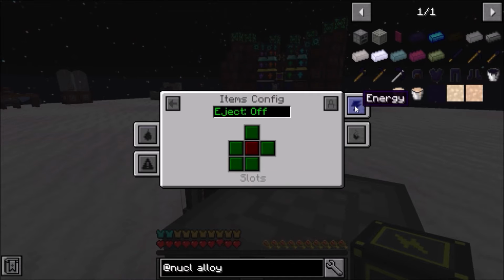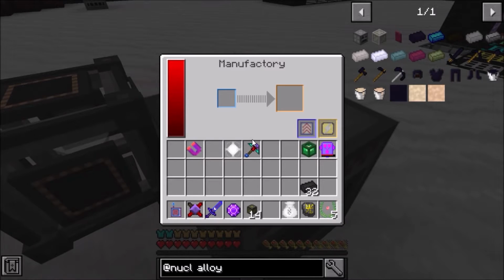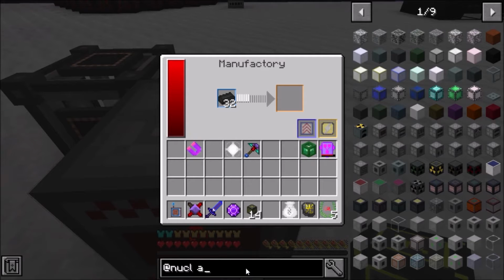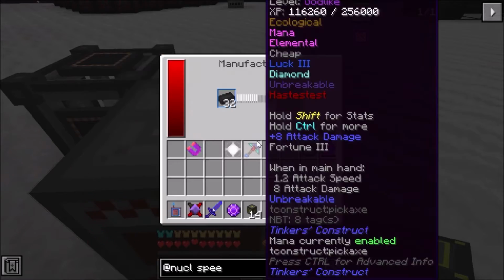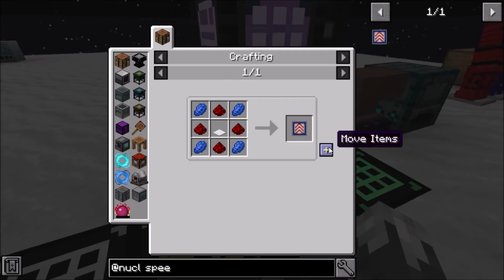We want auto eject all sides. That's got power. Let's throw some graphite in here. This is going to take a minute to do. Now we can make speed upgrades. These actually look like they're pretty easy to make. Let's go ahead and set this up on a...